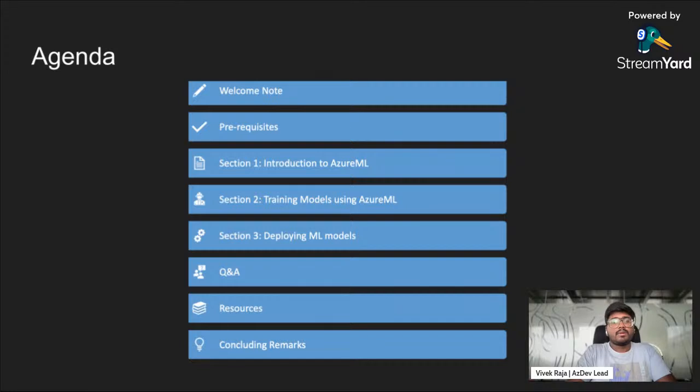That is where a little bit of theoretical concepts will be there, which is a must to understand how it works. Then we will see how to train your models, which is quite interesting. A lot of people here might have worked on Jupyter notebooks and run models, but have you ever run that on cloud, and what does it look like? What are the formalities and the configuration you have to do? We'll discuss all that.